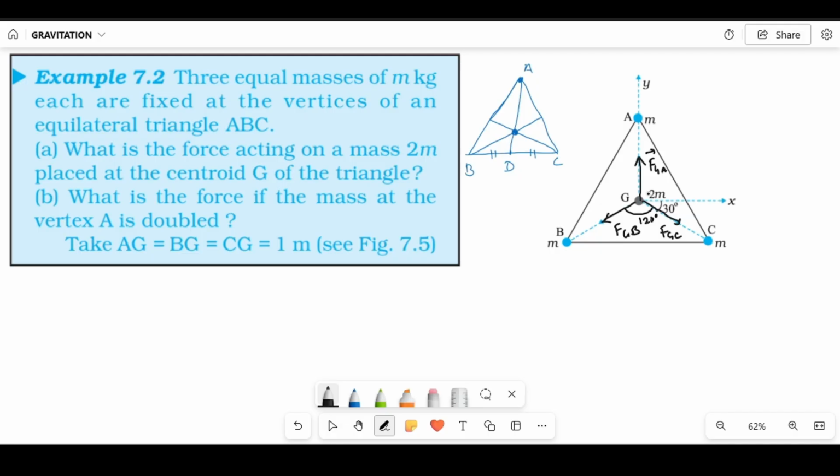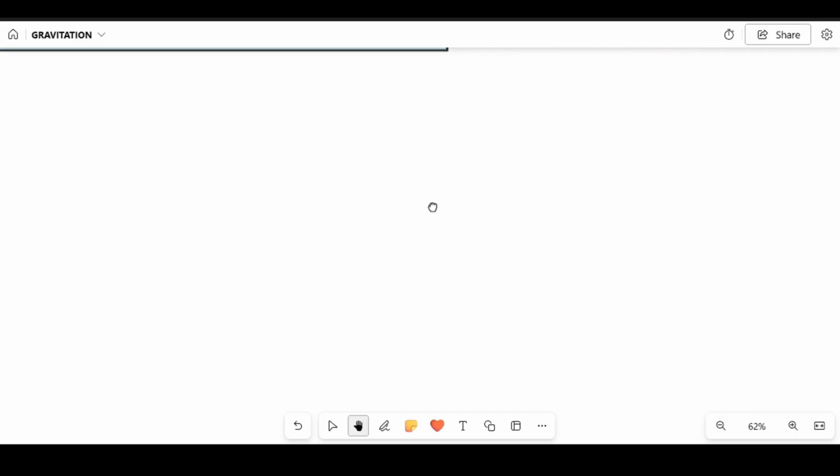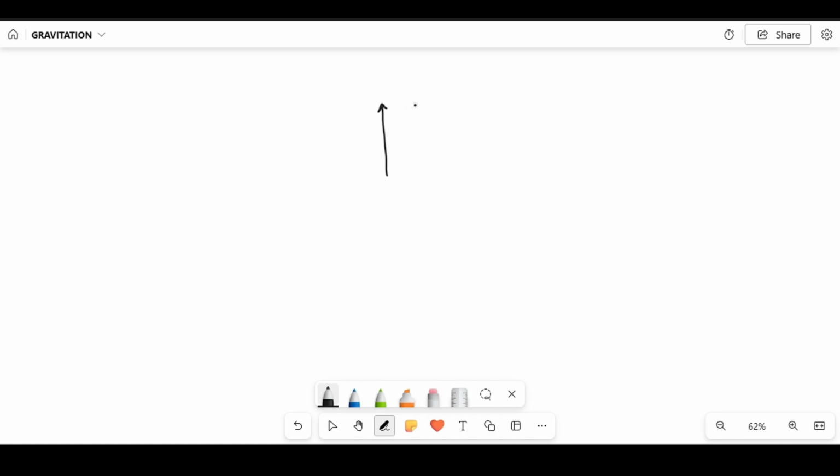So in this way, these three forces are equal in magnitude, and they are acting at 120 degrees with respect to each other. So net force is going to be 0. You can say it easily, but let me do it in an elaborative way. So here we have three forces. One is along this F, G, A, and another is along here F, G, B, and then we have F,